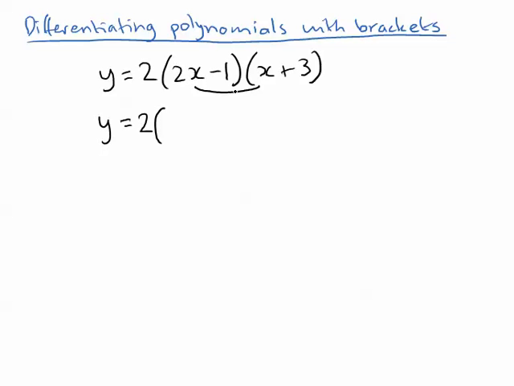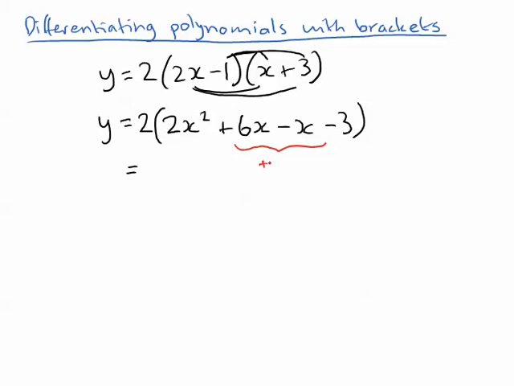So we've got 2x times x gives us 2x squared. 2x times 3 is plus 6x. And then minus 1 times x gives us minus x. Minus 1 times 3 is going to be minus 3. Okay, so there's 2 things we can do here. We can combine these 2 up to give us